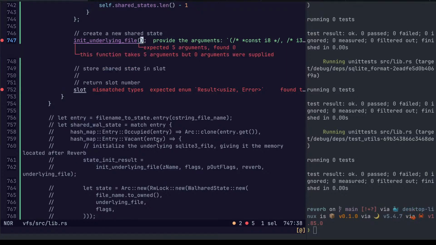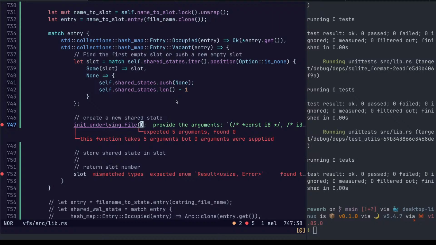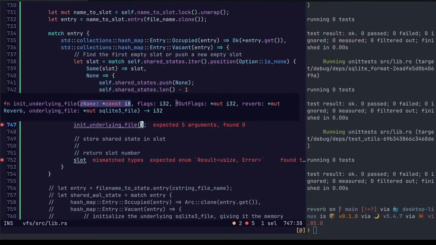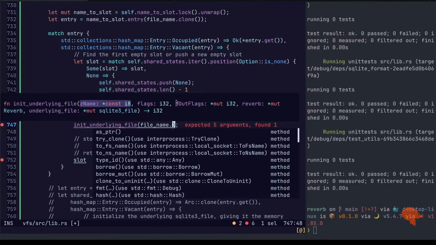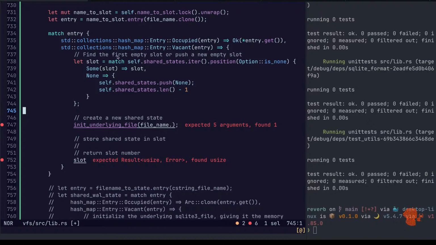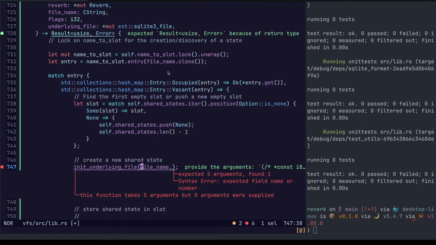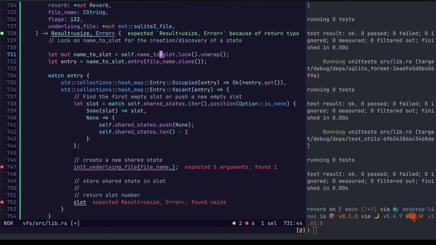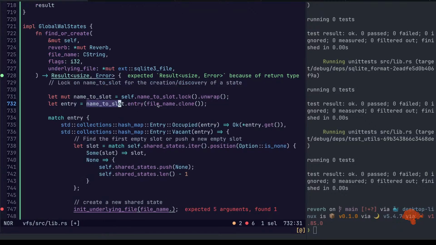The name. So this would be file name dot. Oh, this has to be one that exists for the lifetime, which would be a pointer into the hash map. Okay. I actually want a pointer to this one.